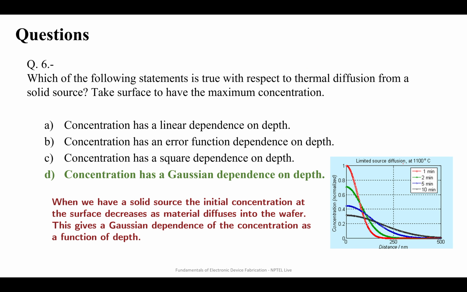Sir, I was asking what parameters doping depends on. Like what the dopant should have so as to diffuse maximum into the wafer, or what the wafer should have so it can receive more dopants. So the wafer is basically a silicon wafer. But there is also an initial concentration of